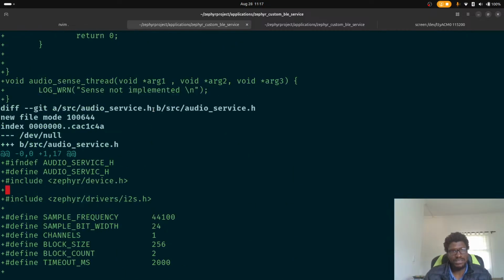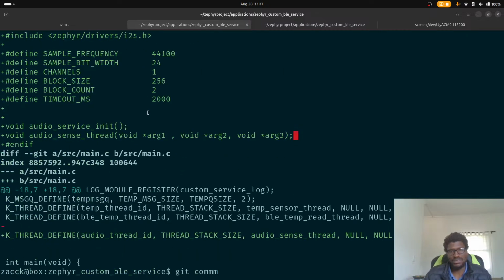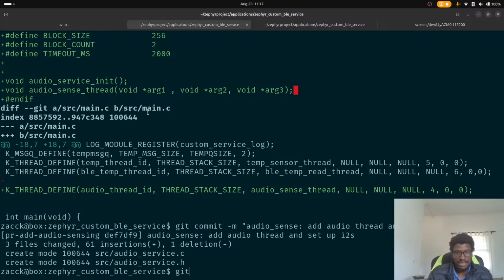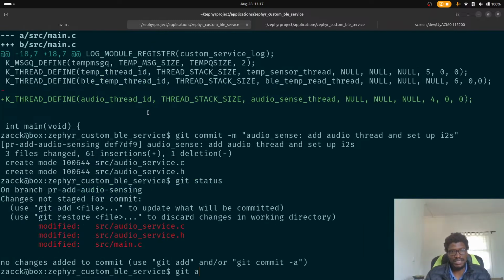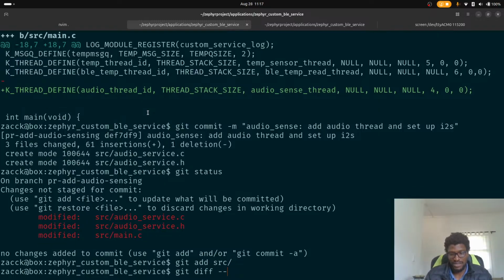Wait, what did this do? Git commit -m audio sense, add audio thread and set up I2S. Okay, git status, git add src, git diff --staged,